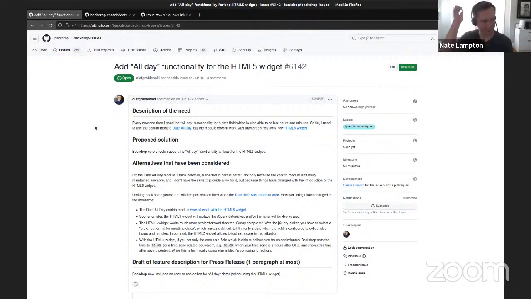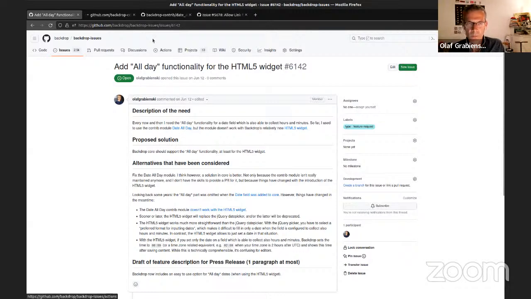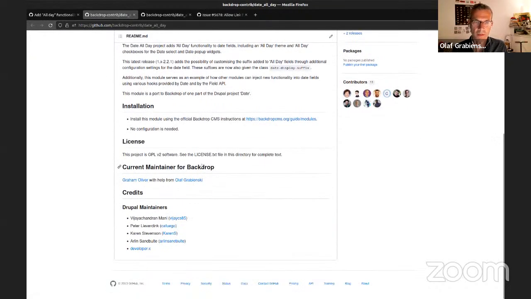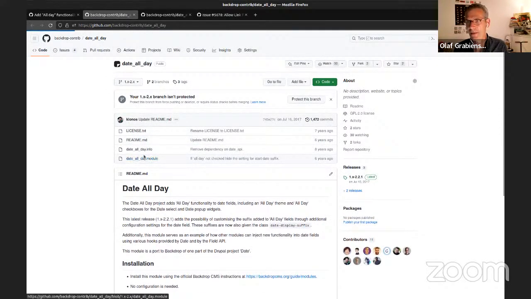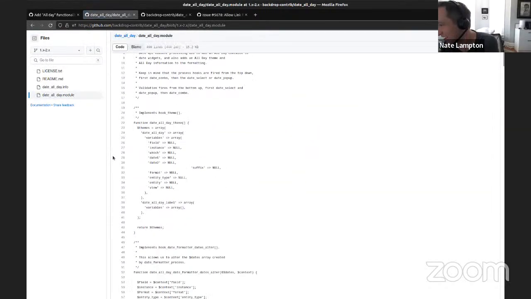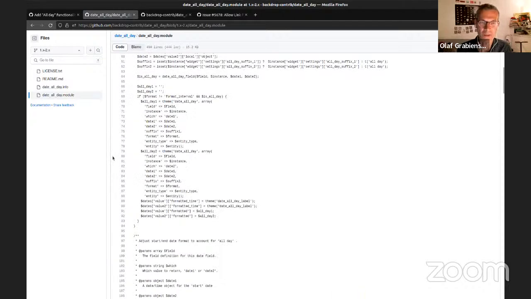So I think 12 o'clock or something, but then with time zone handling, you get some problems. So I think conceptually it should be easy to just not save the time in this situation. Not sure about the technical background, but